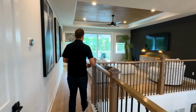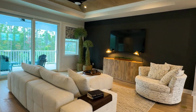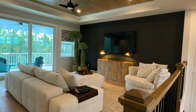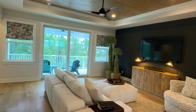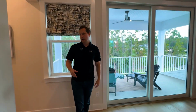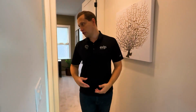So back up here, we have our game room with the wood inlay tray ceiling. One of those things that's always suggested to do, because the wood inlay just really finishes off the look, but also the tray makes the space feel bigger. And you have your third bedroom back here, which is almost like a mother-in-law suite that you could make it,